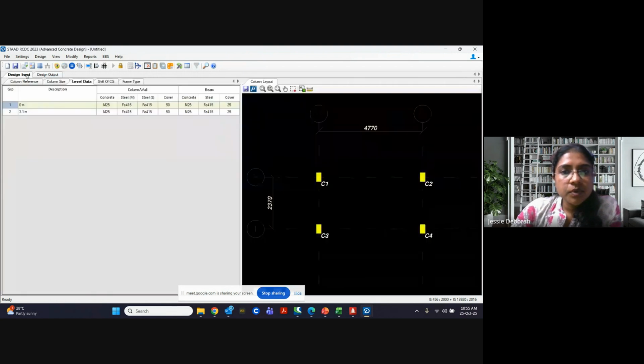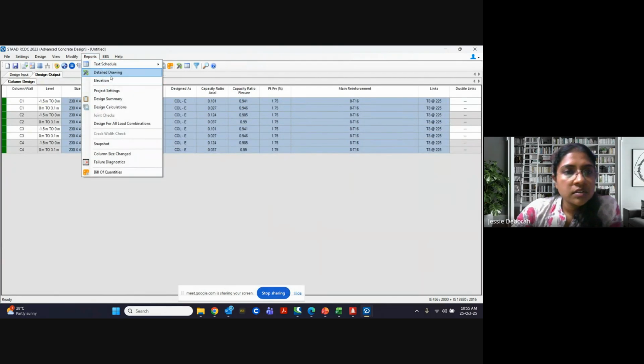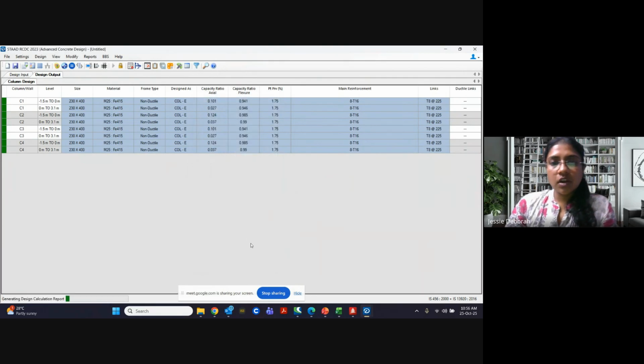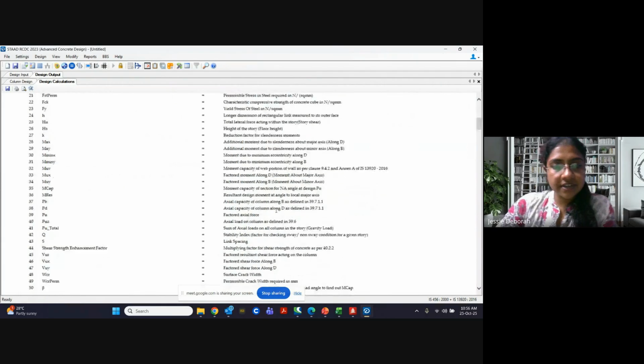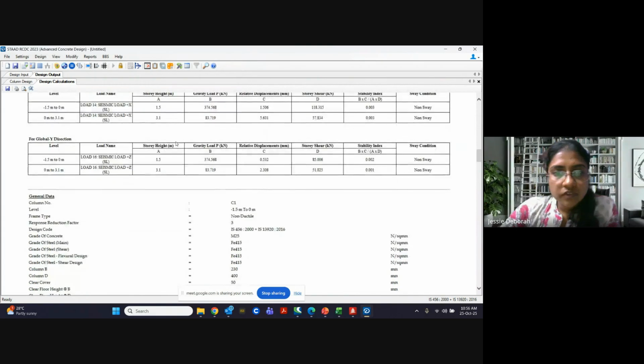Okay, now columns. So this is the design input, and this is the design output. Here you can take your design calculation. We will take one column and see how it has calculated. It will take the load and the height of each story.